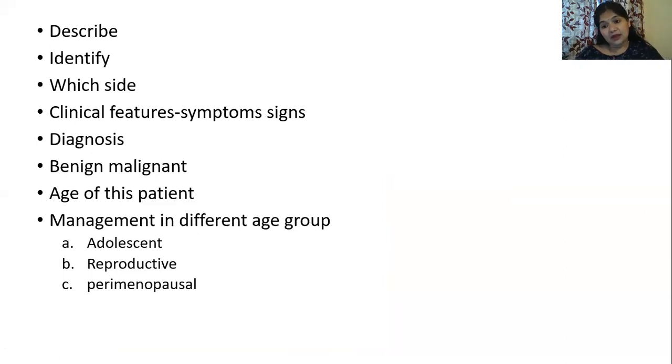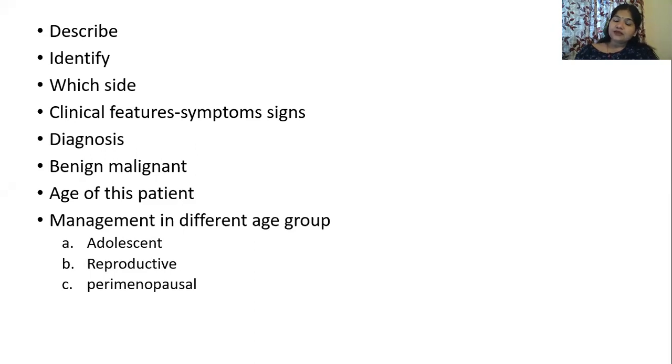Now, as I already said before, what could be the age of this patient? These are a few tricky questions. If you have answered all the questions, then the examiner might ask you, okay, what do you think must be the age of this patient? So it's common sense that because the uterus has also been removed with this ovarian benign cyst, the patient must have been around menopausal age group, isn't it? So you may say that she must be 45, 50 years or above, right? The age of menopause is always 50 years. Don't say 40 years, right? It is 50 years. So perimenopause is around 45 to 55 age, and around that age group the patient must be.